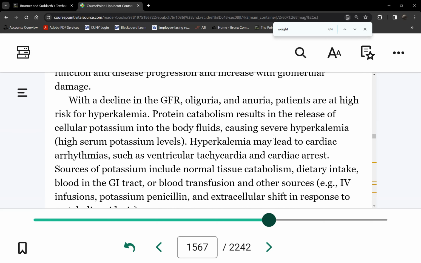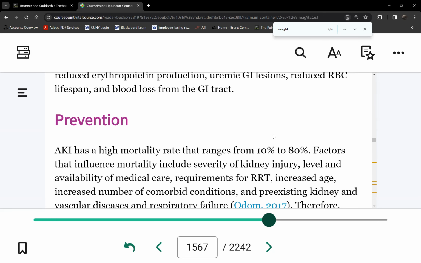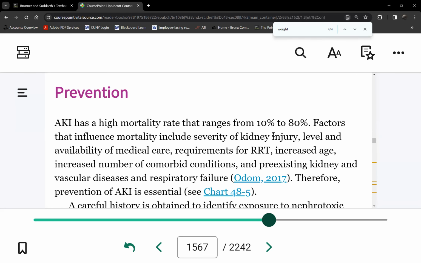Again, for GFR, yes, we look at it, but is it a really more reliable indicator or the urine output? The hourly urine output would be more reliable in this instance. Prevention, of course. How do we prevent AKI? What are the causes again? Pre, intra, and post-renal. So who will you monitor for AKI? Those patients listed under the three groups of causes. So patients with those diagnoses, okay?